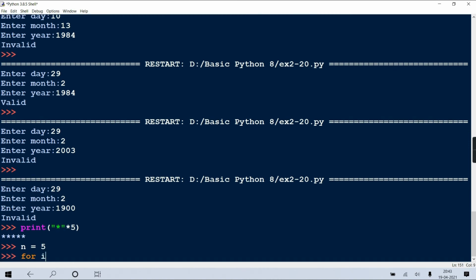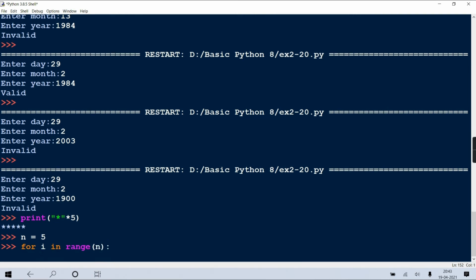Now can I use a for loop like this? For i in range n. Ultimately this for loop will go 5 times only.